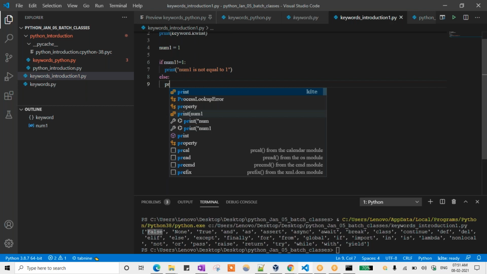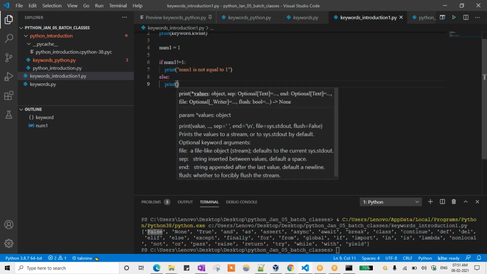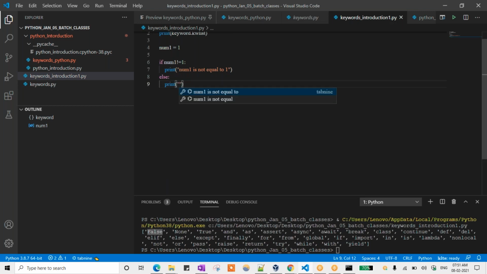I'm just writing something. So num1 is equal to 1. Now tell me what output you will get by using such a condition.